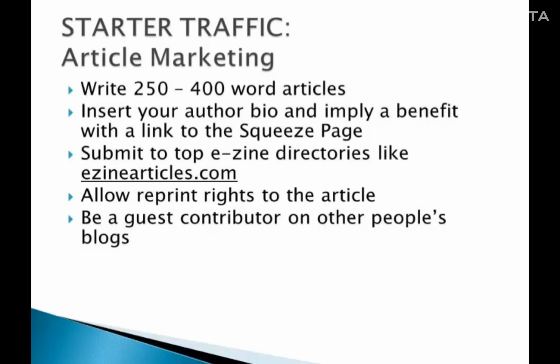write an article. Write an article in a range of 250 to 400 words and write about something practical or with useful information that a reader can benefit from, like tips, how-tos, or secrets to something. Next is to create a very simple author resource box, and you can start getting backlinks and traffic from there. Write 5 to 10 articles like this at a go, and once you're done with them, you can start submitting them to top ezine article directories like ezinearticles.com.